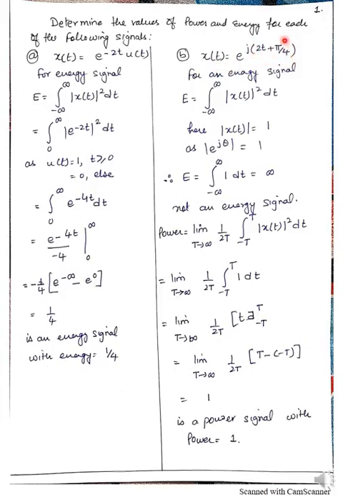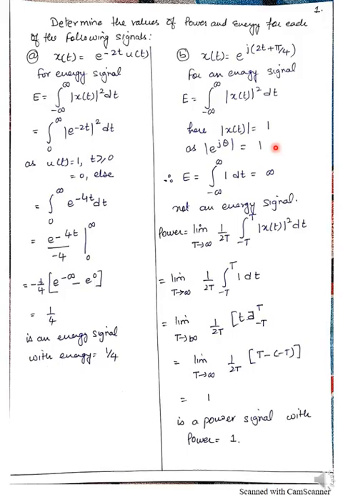Now B, we have another question which is given as x(t) equals e raised to the power j(2t plus pi by 4). This is an exponential complex signal, and to find the energy of the signal, again we will use the formula from minus infinite to infinite mod of x(t) square dt. If you see this signal, what's the amplitude of an exponential complex number? It will be mod of x(t) equal to 1,